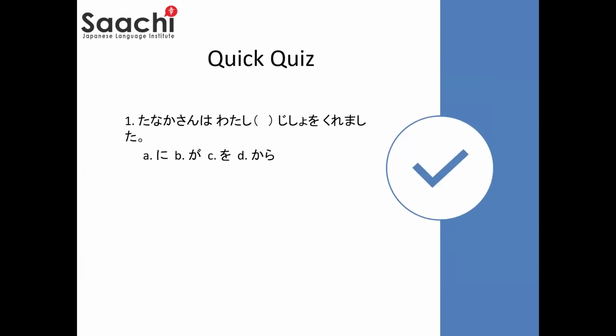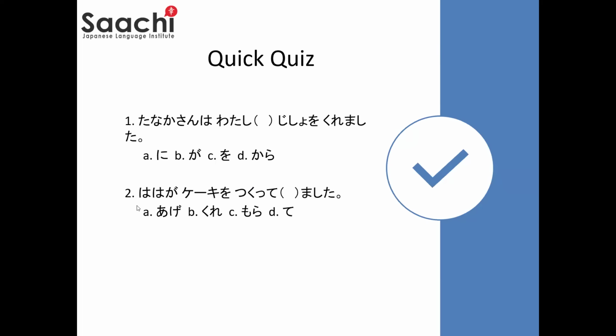田中さんは私、何々辞書をくれました。So に、が、お、から。The answer is 田中さんは私に辞書をくれました。So here 私に is to. He gave me the dictionary. 母がケーキを作って、is it あげました、くれました、もらいました。So here observe the sentence starts with the third person. Somebody else is giving to me. So it's always 作ってくれました。The same sentence, if instead of ga there was the ni particle, then you would say 母にケーキを作ってもらいました。